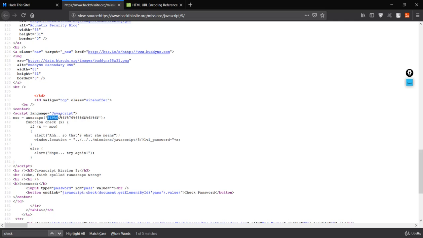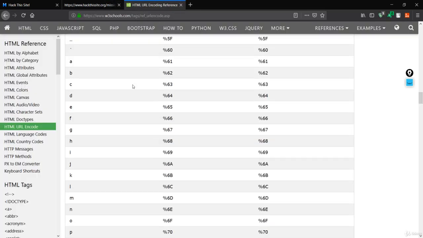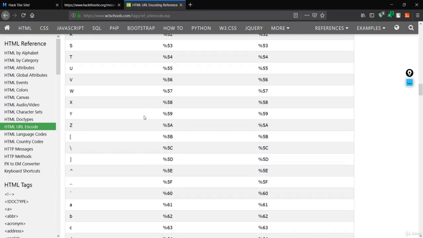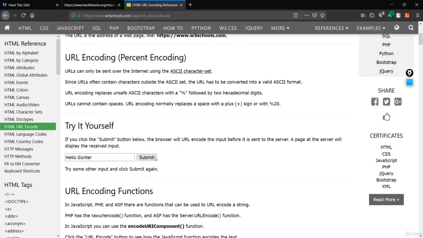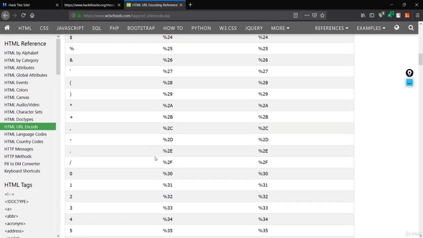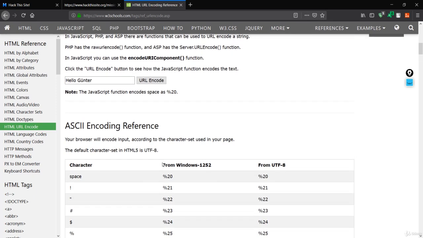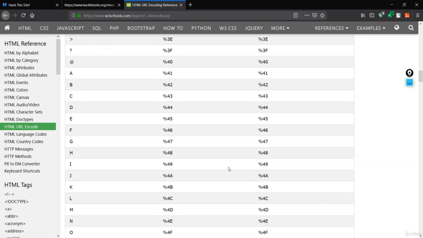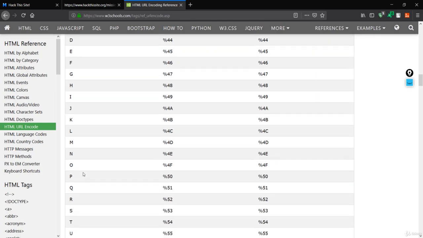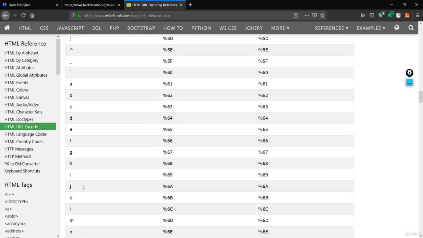So this is the way where you just encode the characters in the HTML. So let's see how to decode this. If I just go to this website, W3Schools, and see over here, we have a bunch of URL encoding, and you could see we have different character encoding in UTF-8, and it is different for uppercase and also different for lowercase.